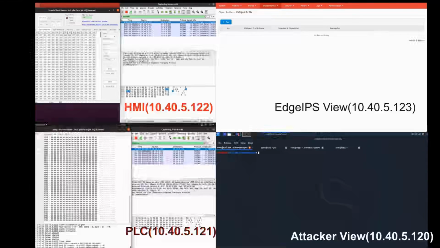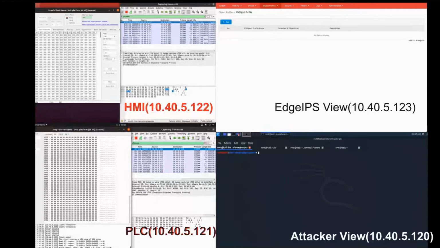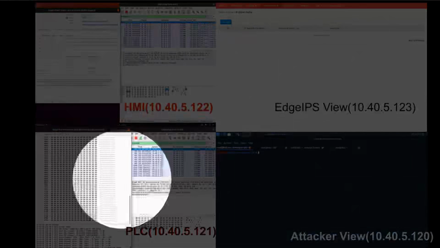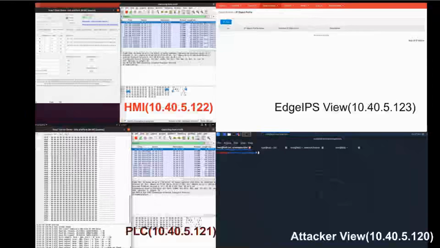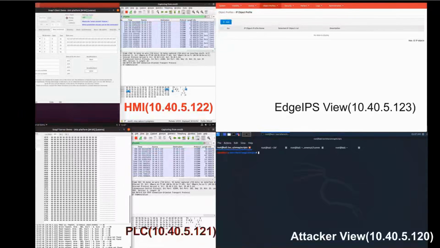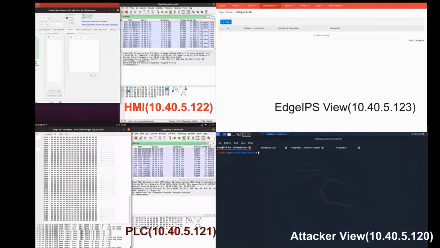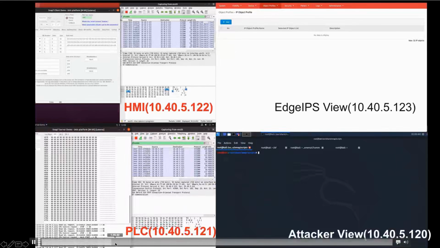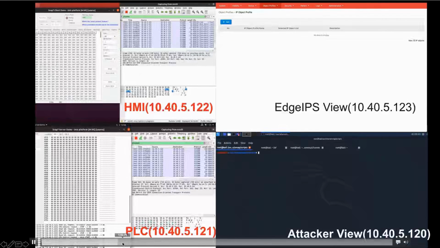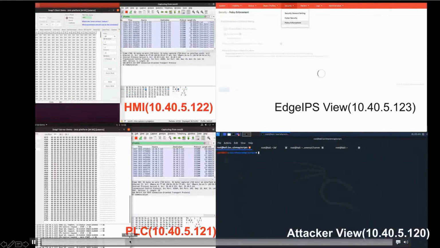So now we do the normal behavior operation between HMI and PLC. You will see here the traffic, and we make sure of read and write from our simulator PLC. This is normal behavior, just read and write, and we just check that our simulator is working normally, and speed up a little. So I'll make sure our normal scenario is okay.